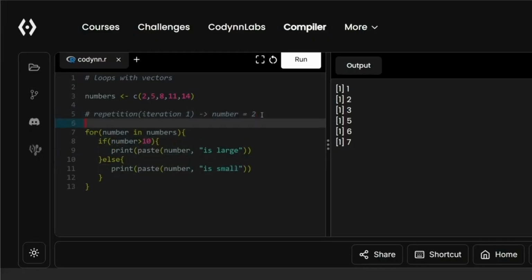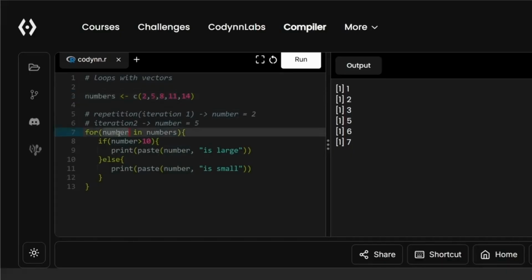And then inside of our second iteration, iteration 2, the value of number will update to the next value. So after 2, we have the value of 5 inside of our vector. So the value of number will store 5. It will compare whether 5 is greater than 10 or not, and if it is greater than 10, it will execute this, and since 5 is not greater than 10, it will execute this line once again, and once again this process will repeat. The number value will store the next value, that is 8, compare, then again the value will